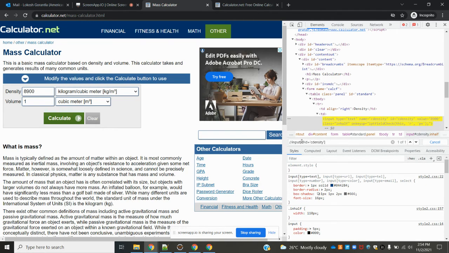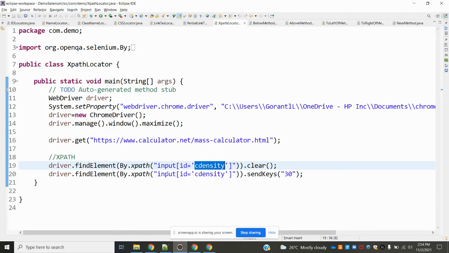One is highlighted, and even without passing input, we can pass the star symbol, and it will find the same. Star is like a wildcard, it will take any value. If you are not declaring input, in case this value ID equal to some one is a paragraph, it will find it using star. Like this we need to declare the XPath.